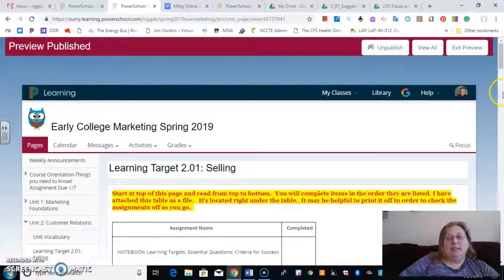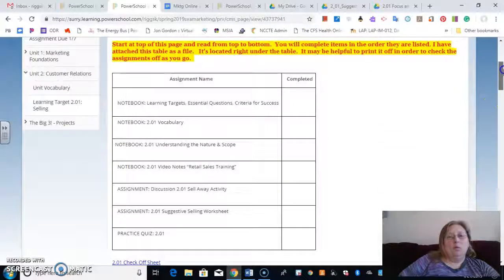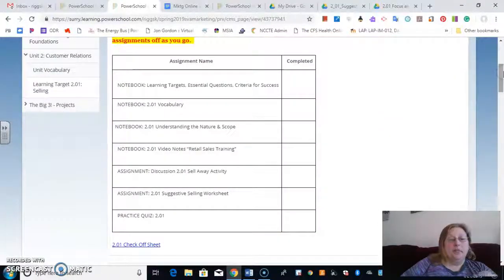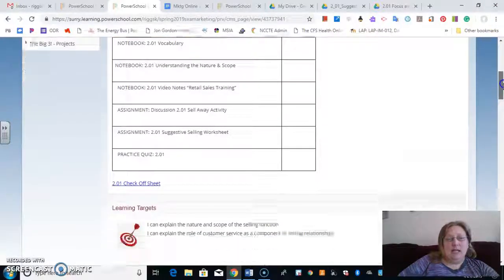So we're going to talk about selling. Selling is not my strong point personally. I have an uncle who could sell you dirt and make you think you've bought gold. And he doesn't cheat anyone. He could sell anything. I mean, he has got a talent. So we're going to talk about selling in 2.01.